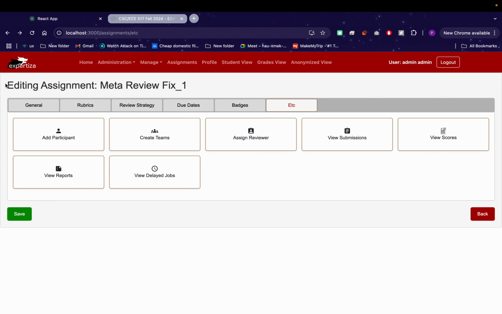Once we hover on the tab, the color of the tab changes, and the inactive tabs are displayed in dark gray color, while the active tab is displayed in white and has a red font. So as you can see, if I click on this, this will show the badges content. Moving on to the etc tab,